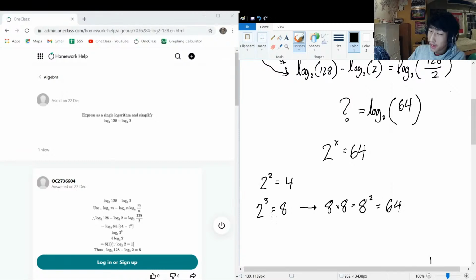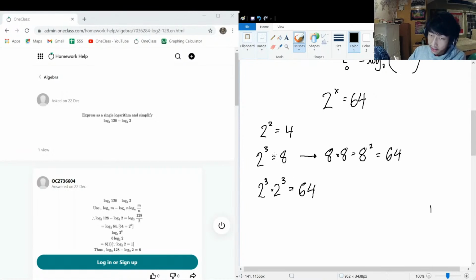So if we know that 8 times 8 is 64, and we know that 2 to the power of 3 is 8, we could also write that as 2 to the power of 3 times 2 to the power of 3 is equal to 64. Because we know that 2 to the power of 3 has got to be 8, so these have to be true. And what we know about this is that we could rewrite this as 2 to the power of